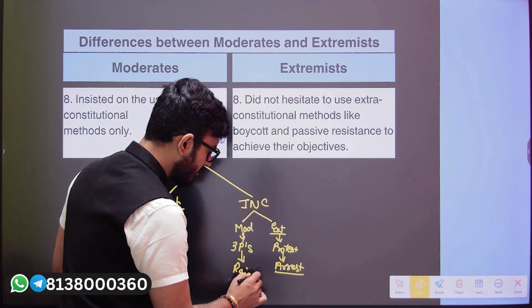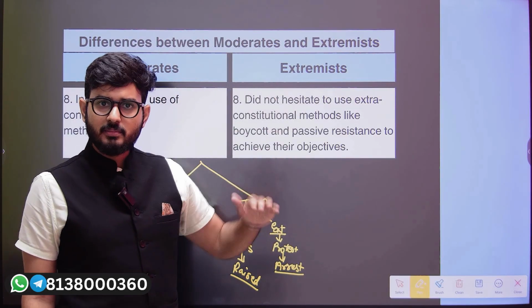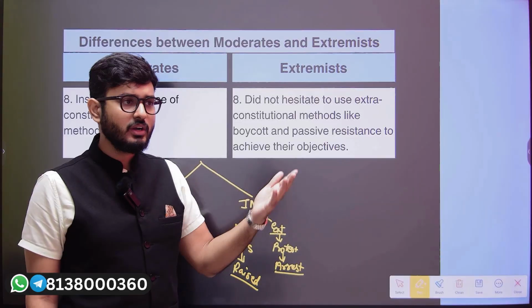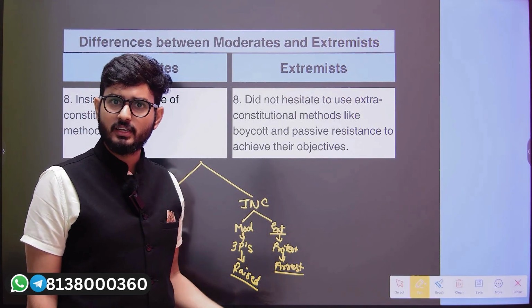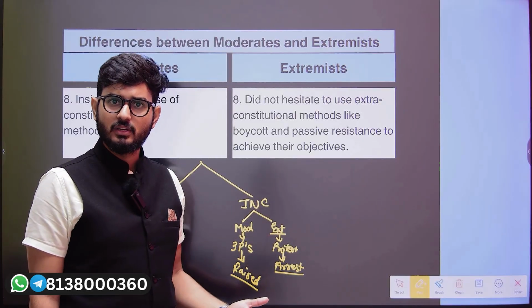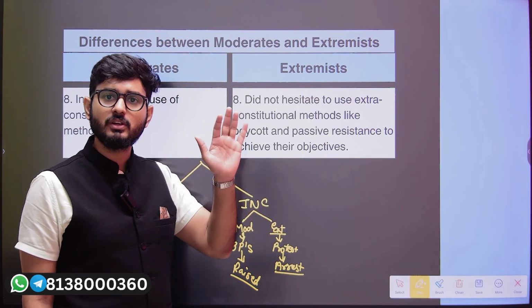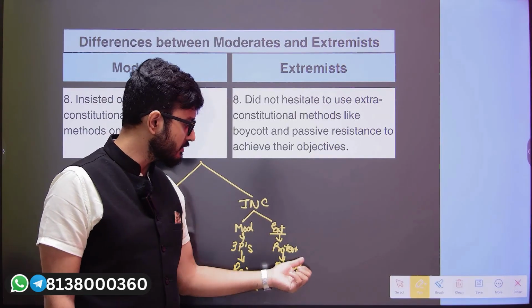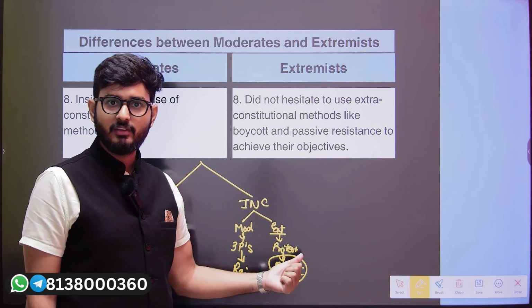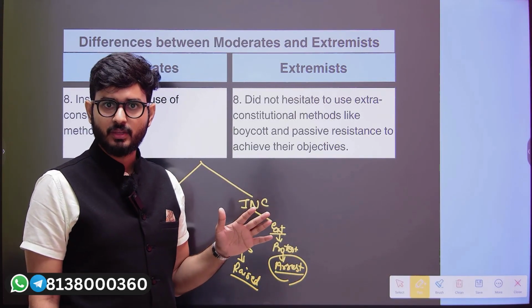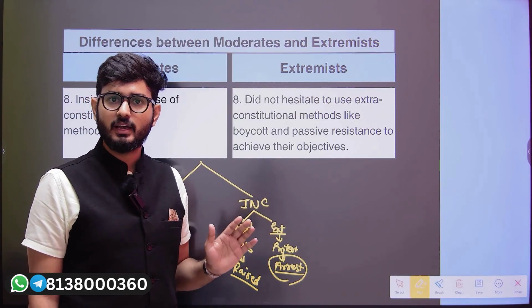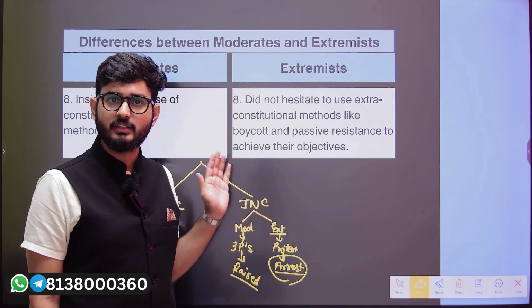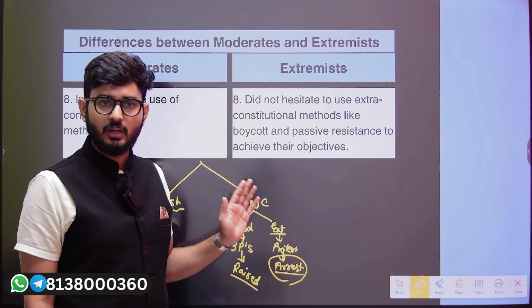They raised their voices against the British and cried, what are you guys doing, man? You have arrested the leaders, man. How can you arrest the leaders? So the moderates put pressure on the Britishers that led to the release of the extremist leaders whenever they went for a protest and were arrested. So the moderates were basically the spokesperson, and the pressure-building tactic was done on the Britishers. However,